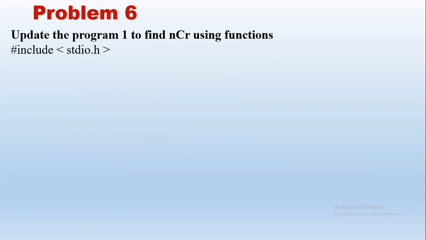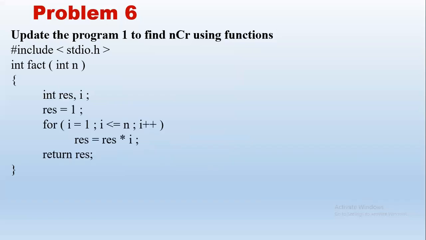In this, we can use any of the 4 categories: with parameter with return type, without parameter with return type, with parameter without return type, or without parameter without return type. Those are the 4 categories of functions. We may use any type for implementing this. In this case, we have considered the implementation with the parameter and with return type. It can be used with any of the 4 categories.